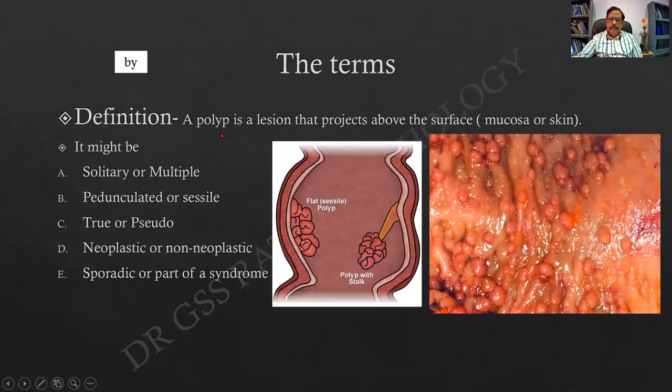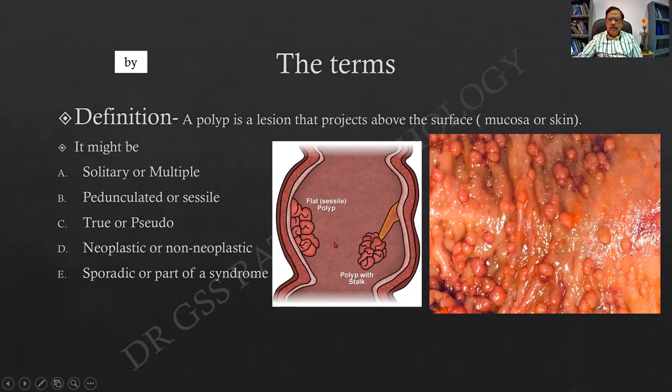Definition. A polyp is a lesion that projects above the surface. It can be either the mucosa or the skin. And these are the ways of classifying the polyps. It might be solitary or multiple, pedunculated or sessile, true or pseudo, neoplastic or non-neoplastic, sporadic or part of a syndrome. So this is a very nice and logical way of